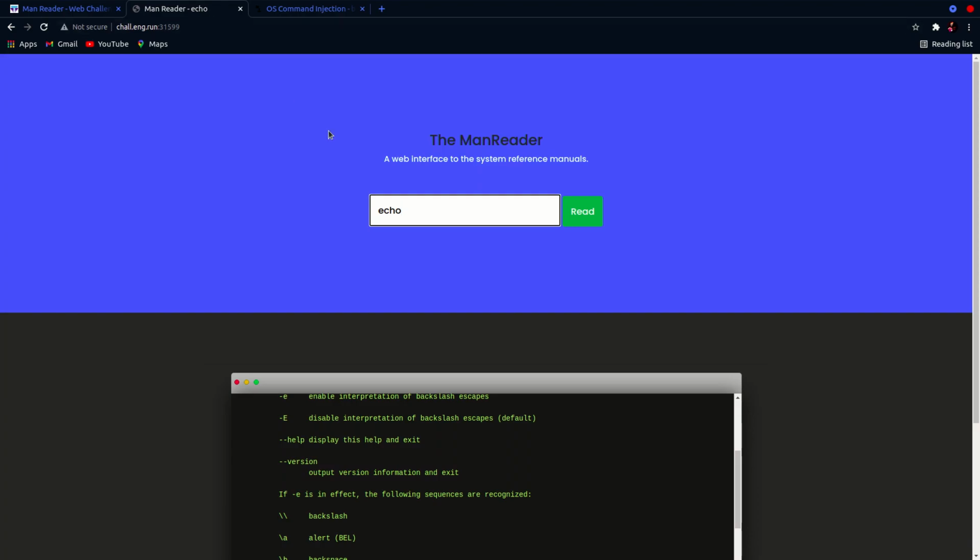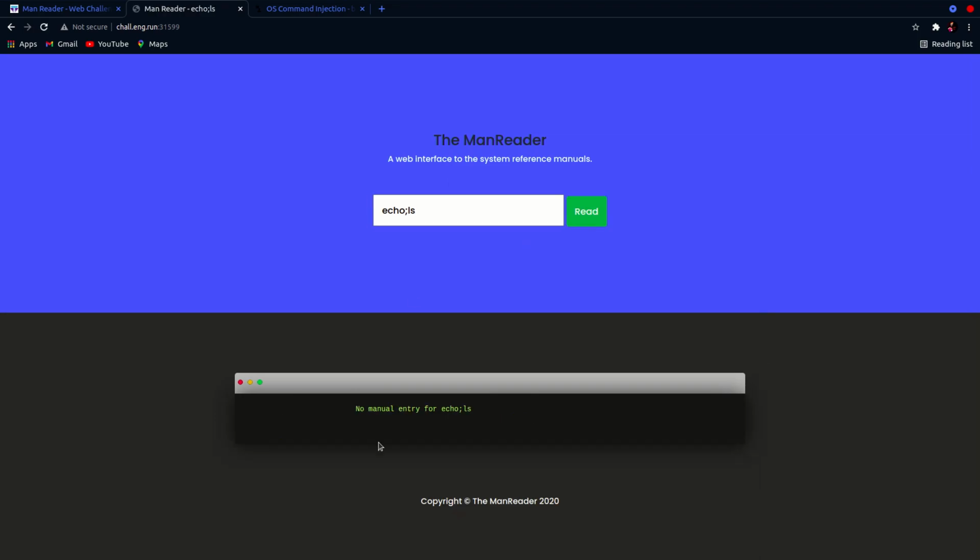Now we get back to our challenge. Here we can add another command like ls. So let's see what happens. We can see there is no manual entry for echo. So this is the output.